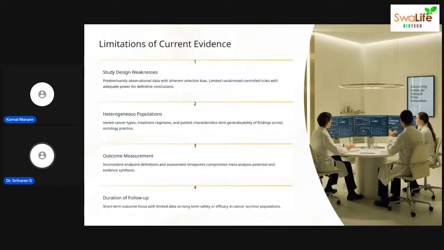So the inconsistent endpoint will lead to a drawback in the result. Next, outcome measurement, duration and follow-up. Most of the studies have a low duration